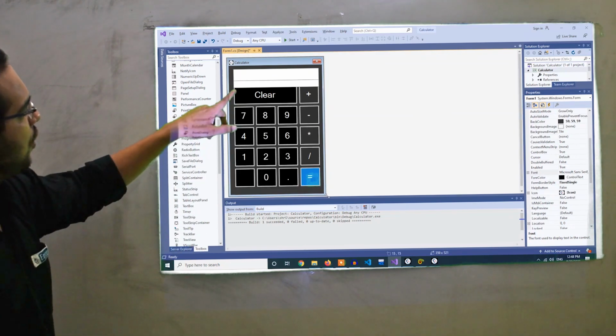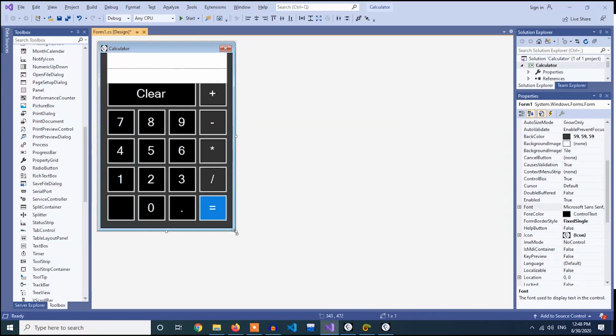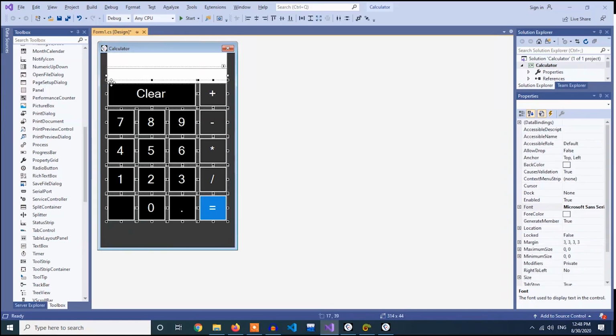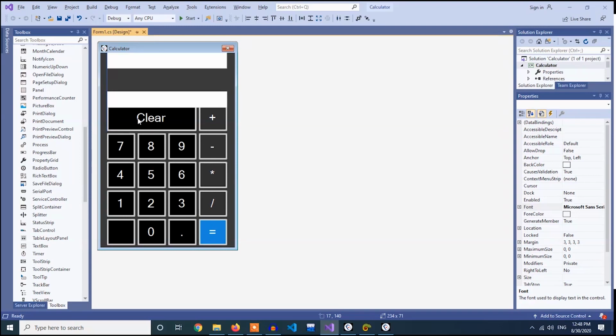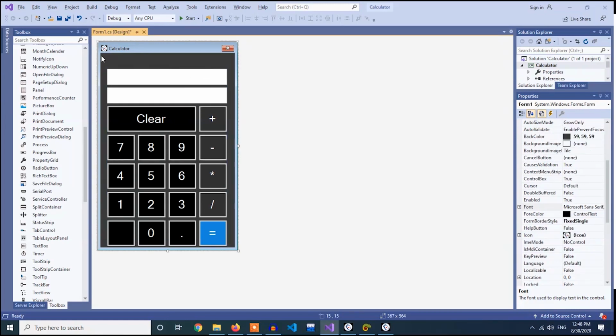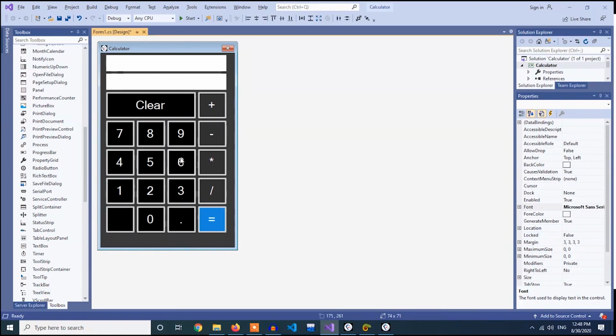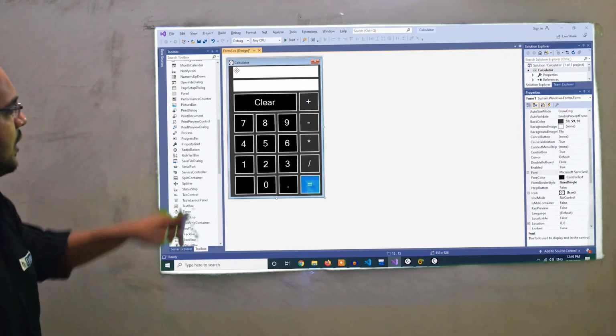Next, what we want, we don't want any border colors, right? Done.